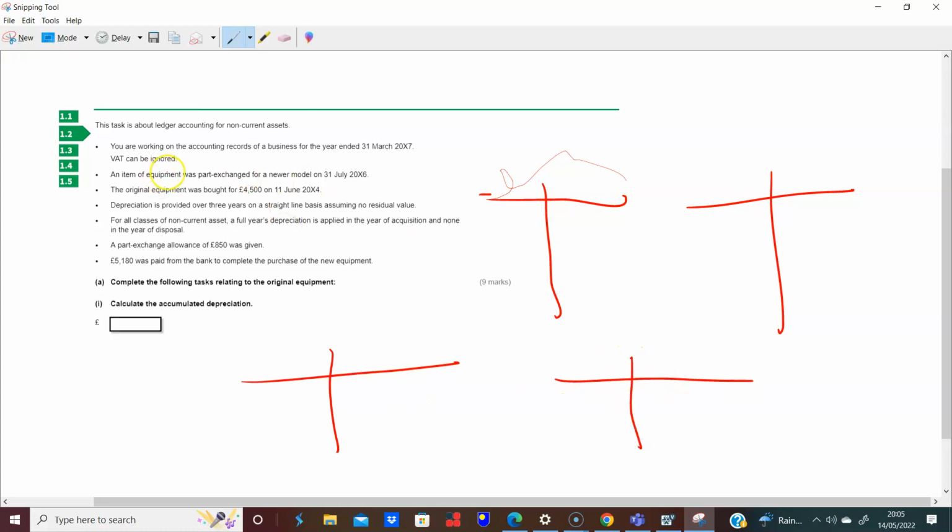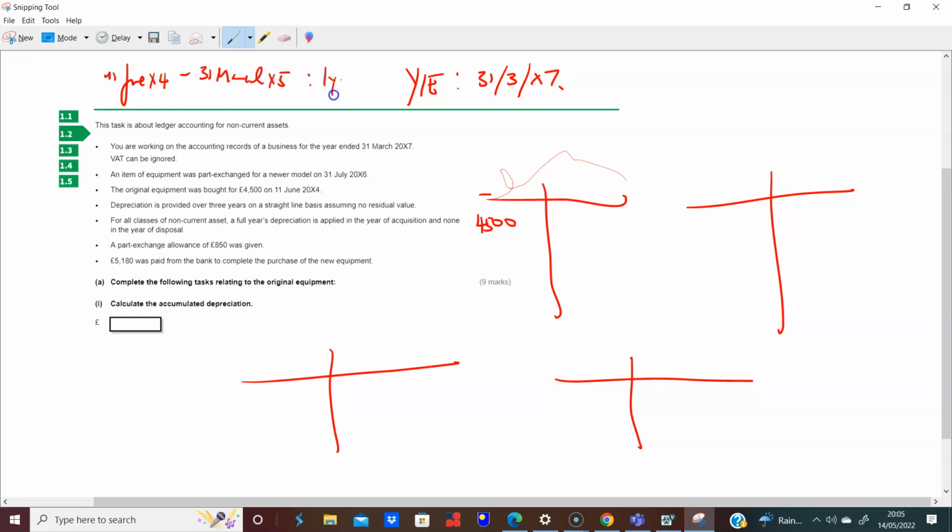to guide us. It says that we are working on the accounting records of a business with the year end 31st of March, X7. It says we can ignore VAT, and an item of equipment was part exchanged for a newer model on the 31st of July 2006. The original equipment was bought on the 11th of June X4, for 4,500, to the 31st of March